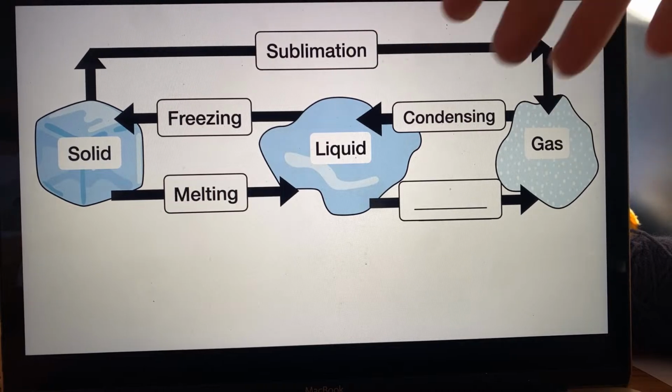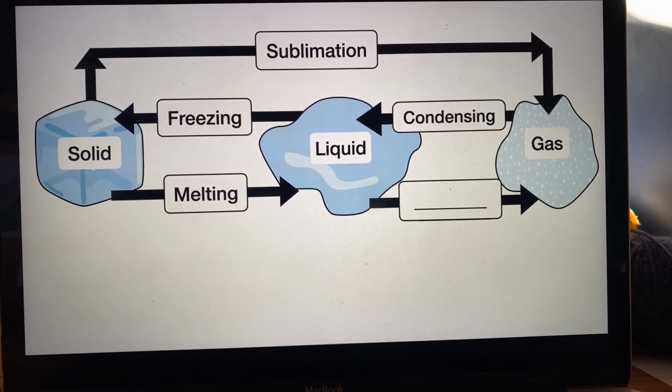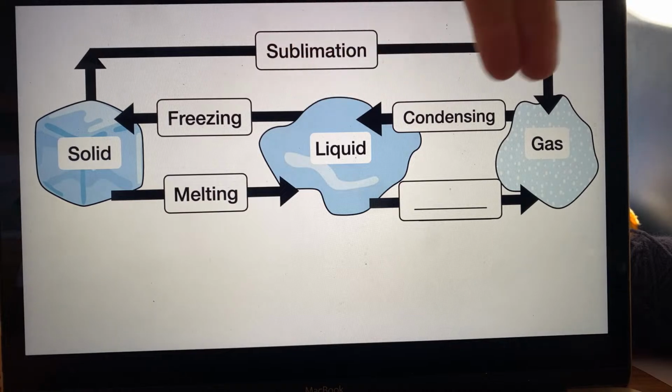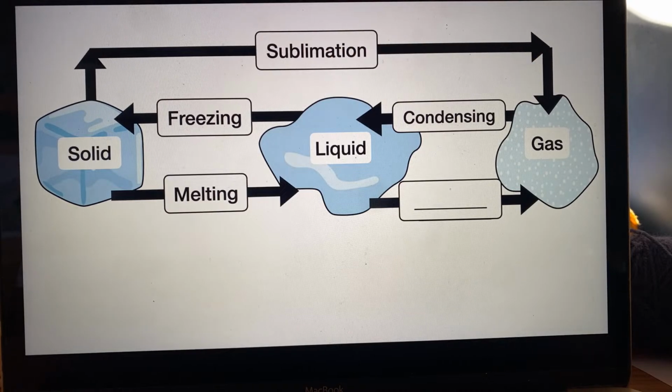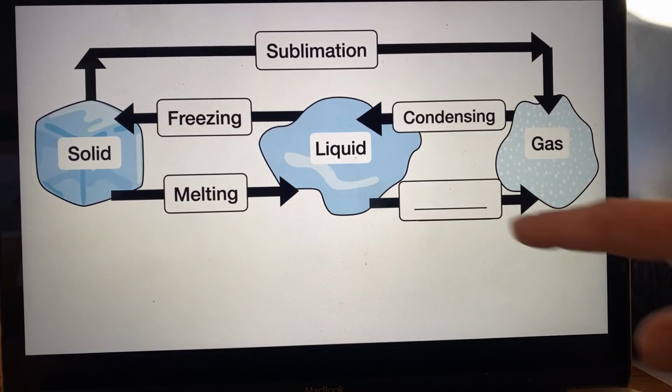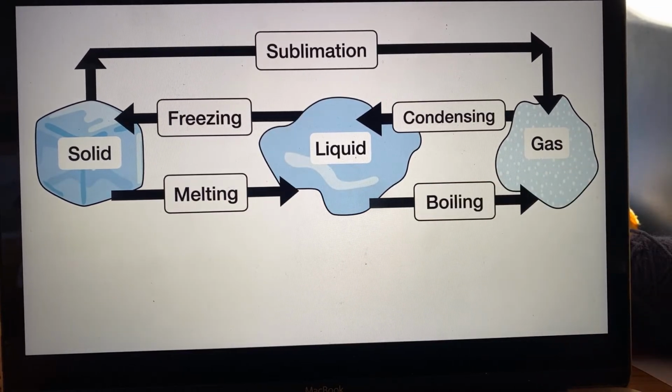Gas turning into a liquid, we talk about condensation, don't we? If you have a shower, then the very warm water particles end up freely moving around in the air, and when they hit the cold mirror, they condense and turn back into a liquid. I thought this was the one that you might have got wrong from everyday life. When a liquid turns into a gas, we say that it's boiling.